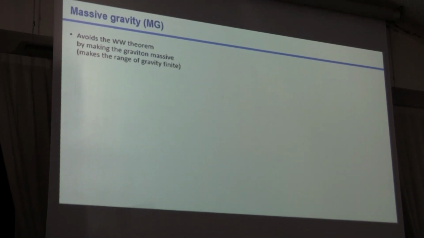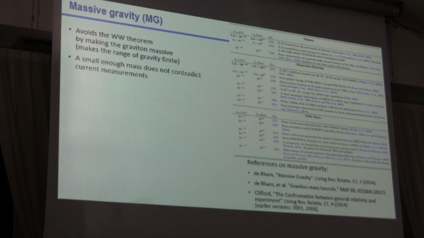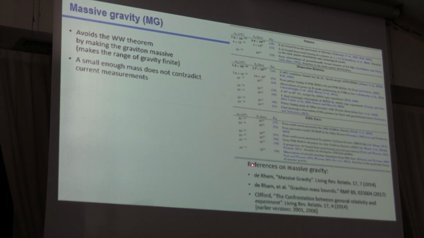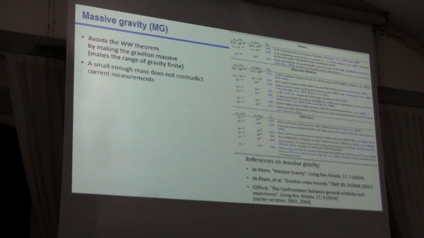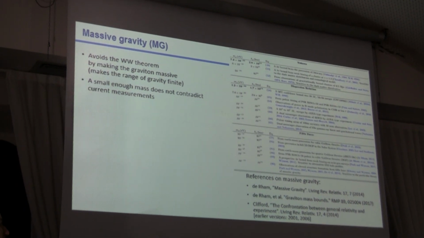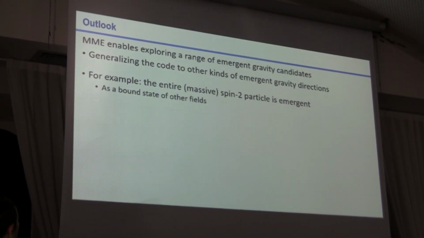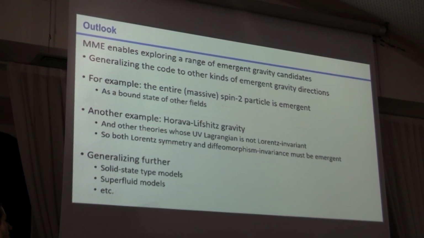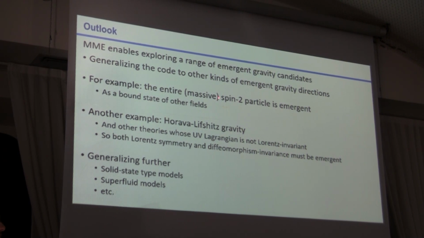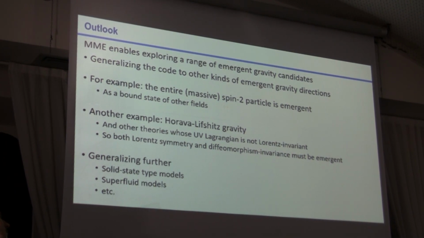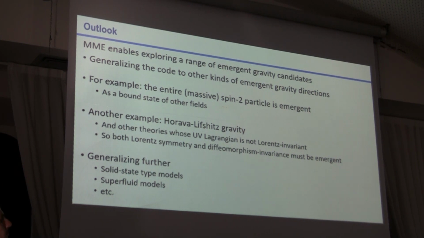So if you want to search space, I'll just say briefly, massive gravity has a lot of interesting advances in recent years, partially due to LIGO. There are bounds on what's the minimal mass, what's the mass that the graviton can have. And I think it's quite interesting for us to try those types of gravity theories, but more broadly, we found a few examples of what type of things we can do, except for massive gravity. And there are other types of EFTs that are interesting to explore. Some of them will require generalizing this code way beyond QFT. This is also worth doing, in my opinion.